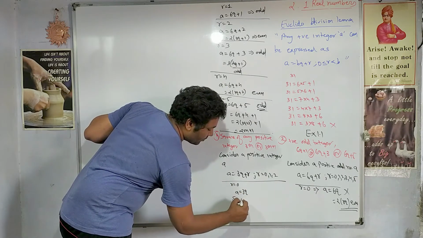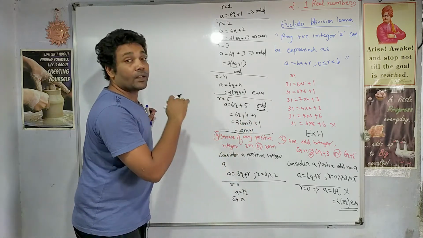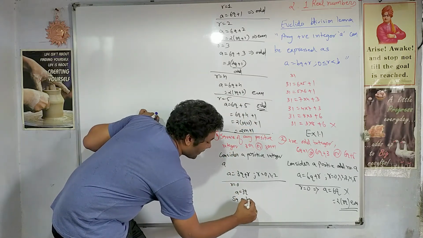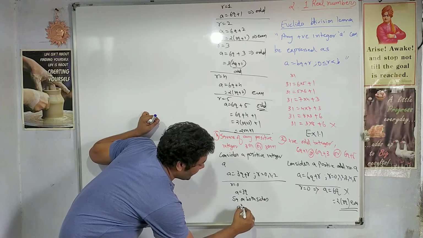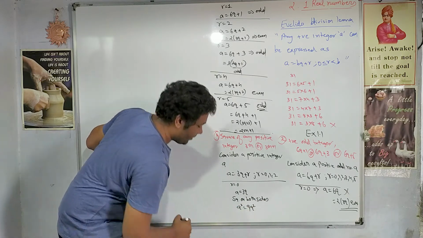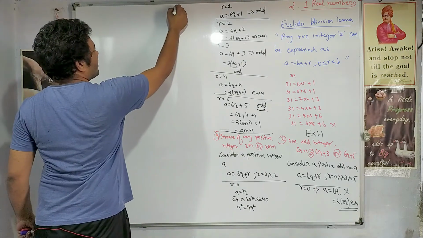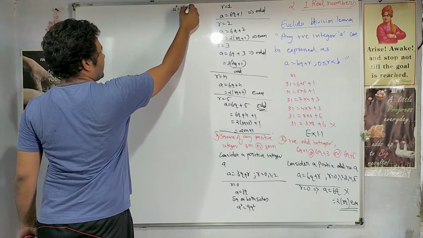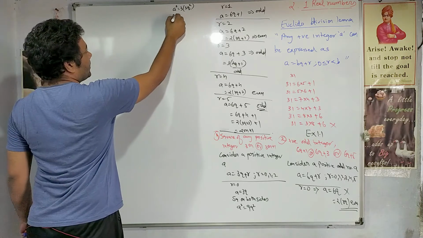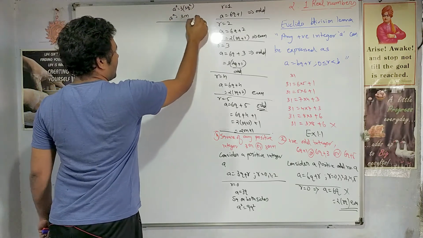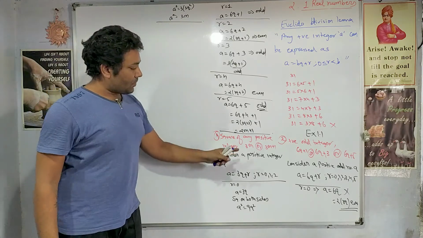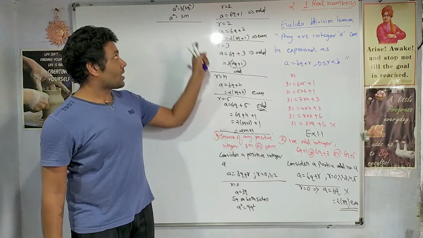Now if we square on both sides, because it is given square of any positive integer, so squaring on both sides, what will it lead to? a square is 9q square. So a square is 3 common, 3q square. This is nothing but again some number, so 3m. So see, again we have proved that square of any number is either this or this. So this we have got.